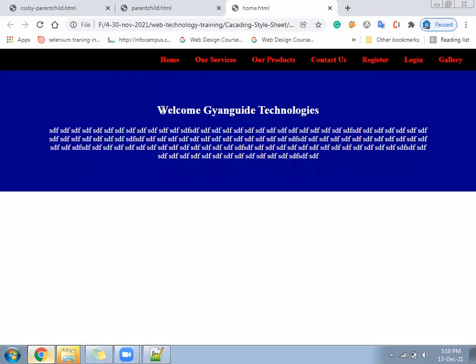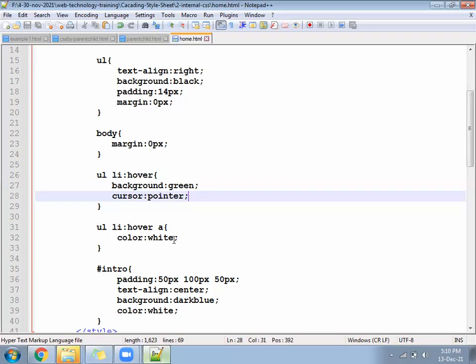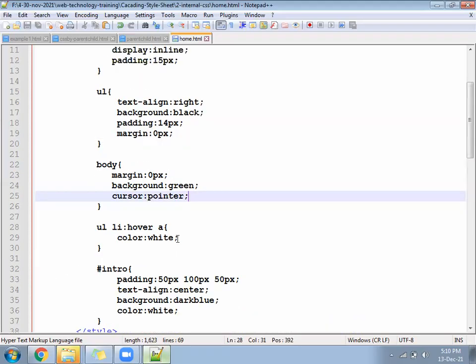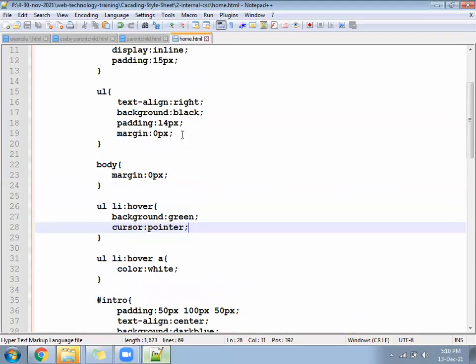We want to increase the font size of this H1. So let's write some CSS to increase the font size of H1. Not all H1, only those H1 that are under the intro block. Hope your space got removed.